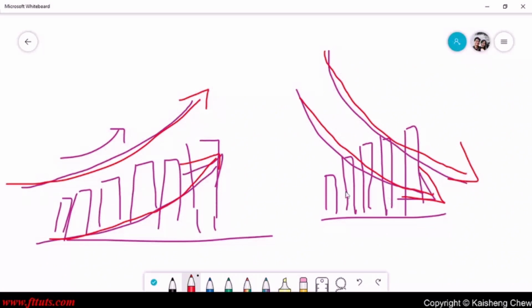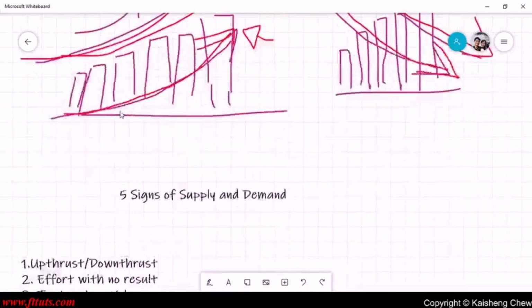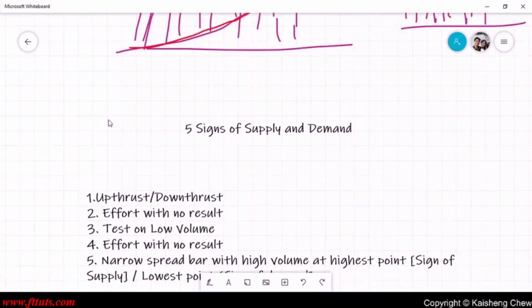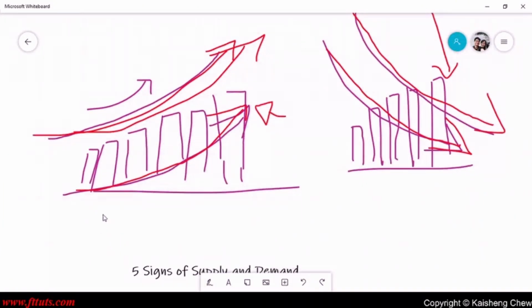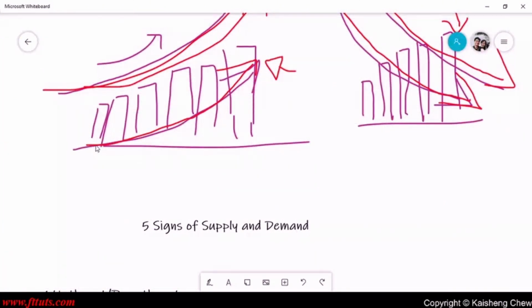If the volume goes up, it shows the interest in the price going up higher, with more and more people wanting to buy. Then when selling, a lot more people want to sell, so the volume will keep increasing as well. So there are 5 signs of supply and demand. When there's an imbalance of supply and demand, you will see the price moving either up or down. If there's a lot of demand compared to supply,